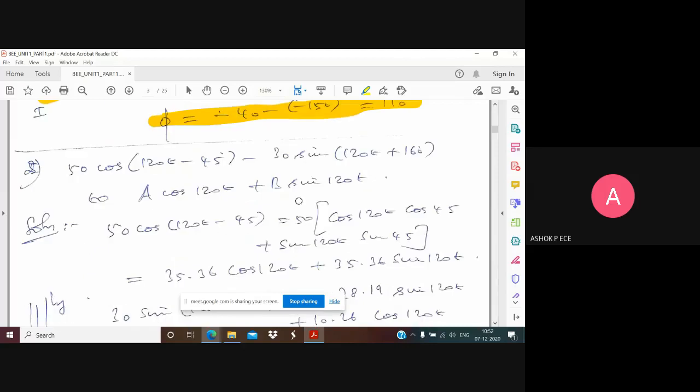Okay, and this one is very basic. I'm not going to explain this. It is very simple. I'm going to convert this into a single term like this. Okay, I have cos of a minus b, for example, cos of a minus b minus sine of a plus b. So I'm going to convert this into a single term.